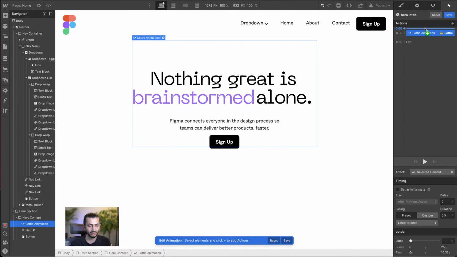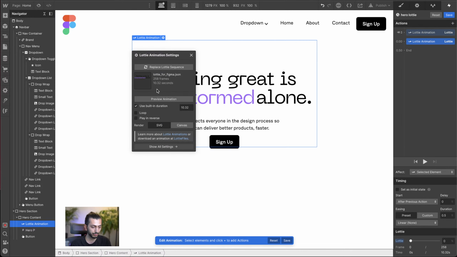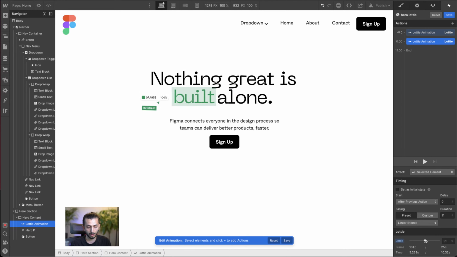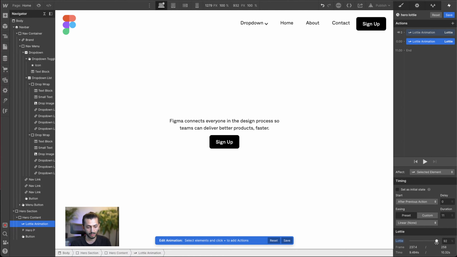At the beginning, we can set it also as an initial state, and we can change this based on percentage. So we say 0% is the initial state as the page loads, and then in whatever time, the time we can actually also get from here. It's happening over 10.32 seconds. So we can say something like 11 seconds. We want it to go to not 100, because you see